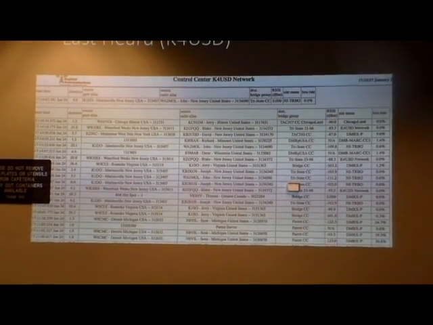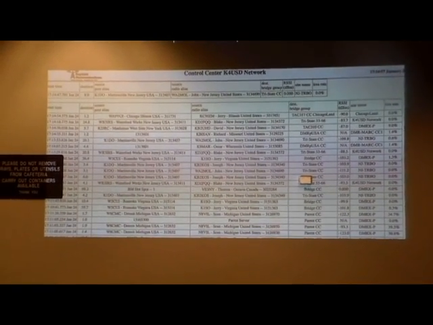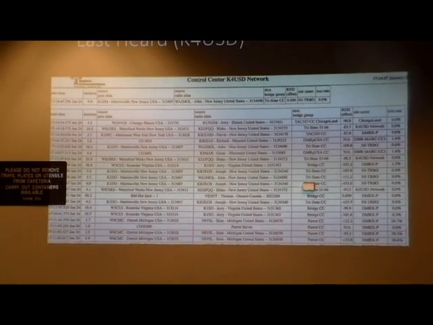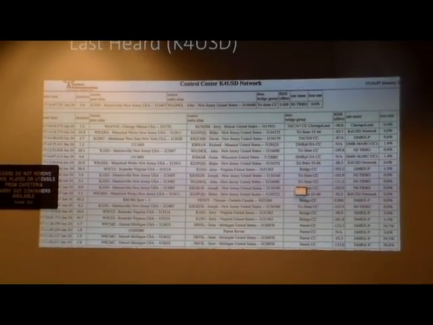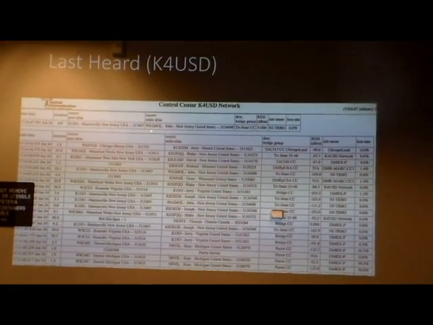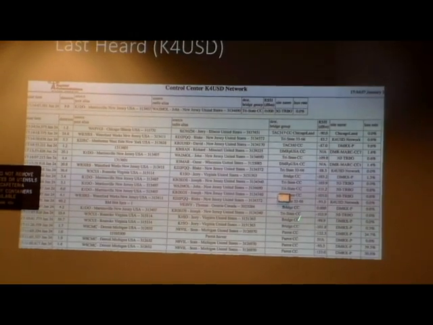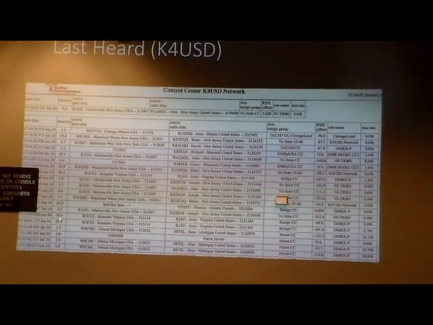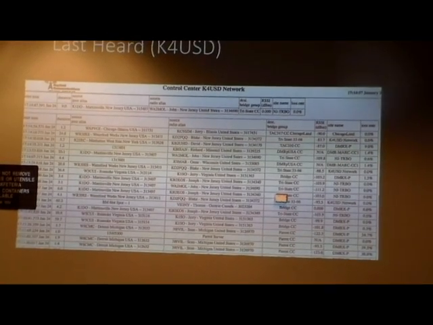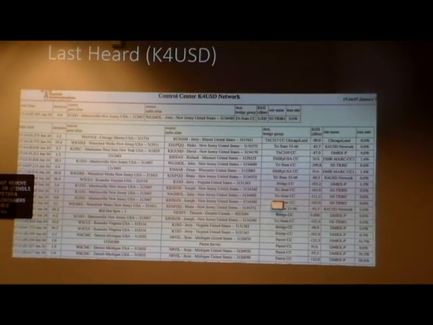I'm going to minimize this just for a second, and hopefully my network connection is still good. So this right here is live, who is on the K4USD network. Someone is talking from New Jersey, his call sign is WA2MOL, he's in the tri-state area. These are the previous conversations we were having, and this was the duration of those transmissions. And if I'm really lucky, this page looks like it's